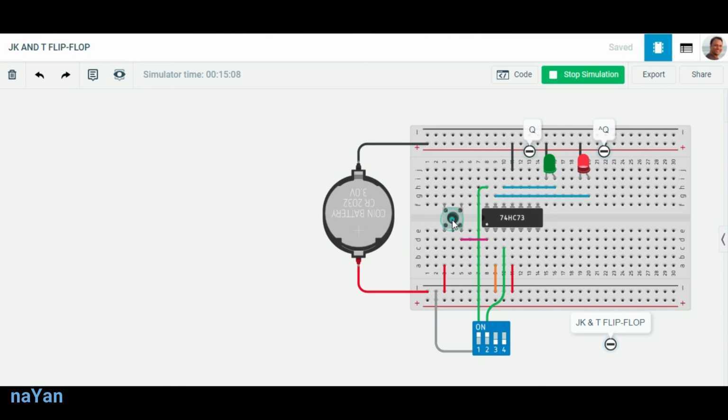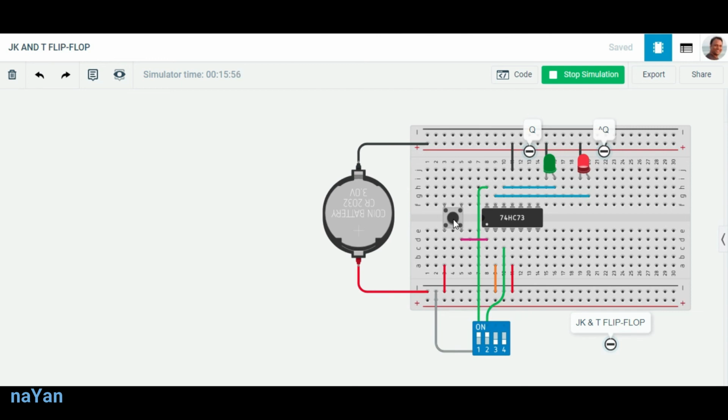So I am applying the clock. Now Q is 1. Again, if I push this push button or apply our clock, Q is again converted to 0. And if I keep applying the clock again and again, we can see that the LED toggles. So at J equal to 1 and K equal to 1, we have a toggle case. So that was the undefined situation in the SR flip-flop, and it is overcome by the JK flip-flop.